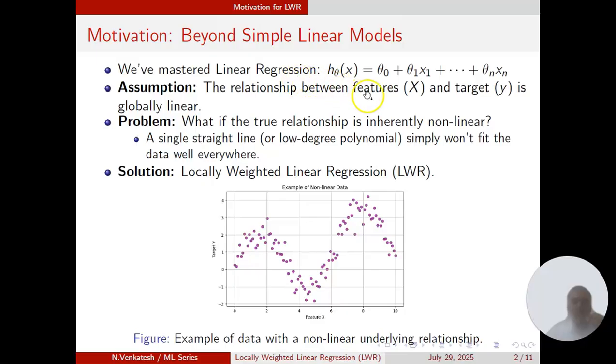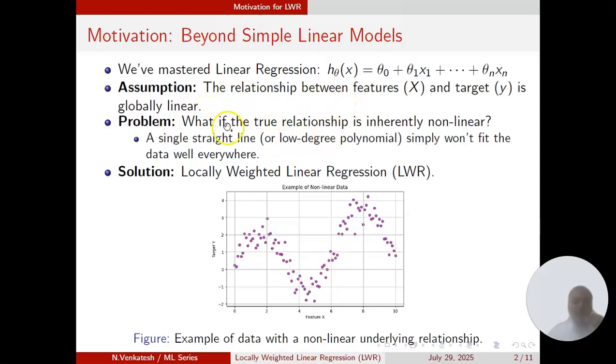And given a data set, find theta naught, theta 1, theta 2, so on, theta n, which minimizes the mean squared error. That's what we have defined as a linear regression problem. And there an important assumption that we took is there is a linear relationship between y and x1, x2, so on, xn. But if the relation is not linear,